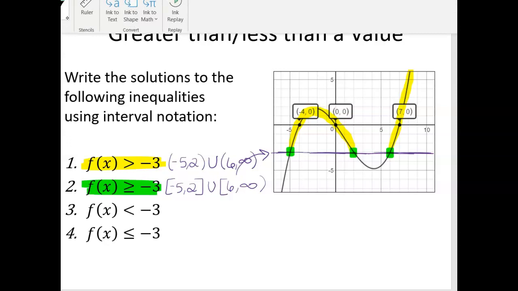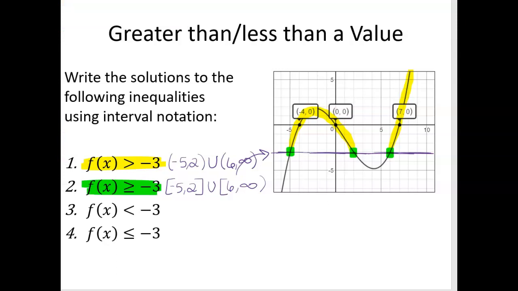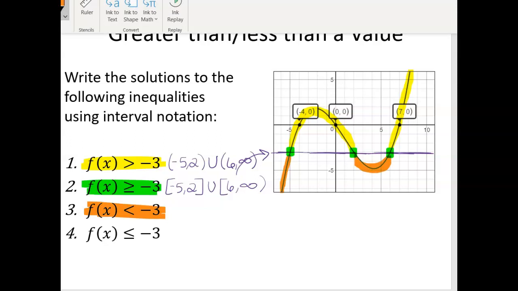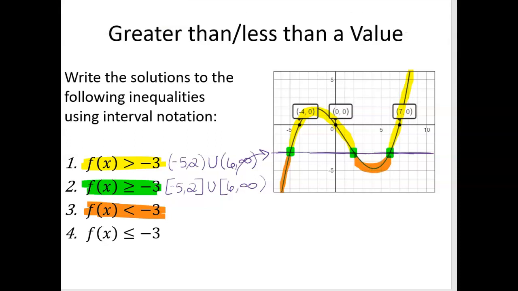Okay, let's switch to a different color. Let's go orange. Okay, so less than -3 will be this spot down here and this loop down here, and now we need to put those parts of the graph in interval notation. Bear with me, I'm trying to look at 2 different computers at one time, which is not easy for me to do. Okay, so our interval notation will be -infinity to -5, parentheses, union,